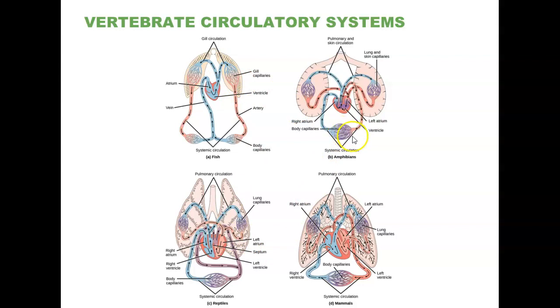So then when we look at amphibians, we see that there are some modifications that partially correct that set of problems, because they are problems. So we have blood coming back from the body right here, coming into the right atrium, pumped into the ventricle. There's a central ventricle right here. And then the blood pumped out of that ventricle is split into two paths. One path